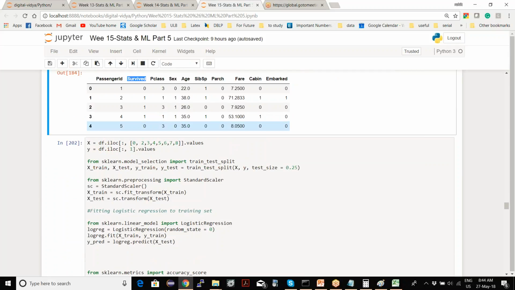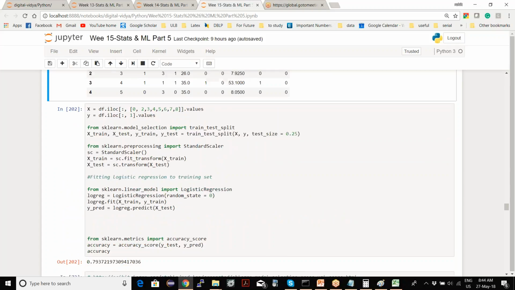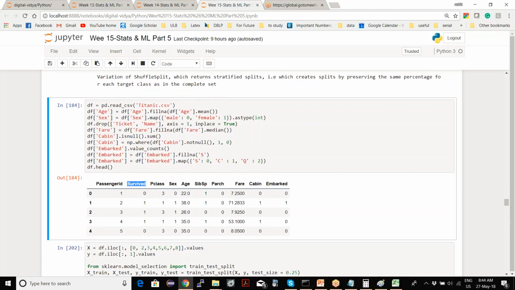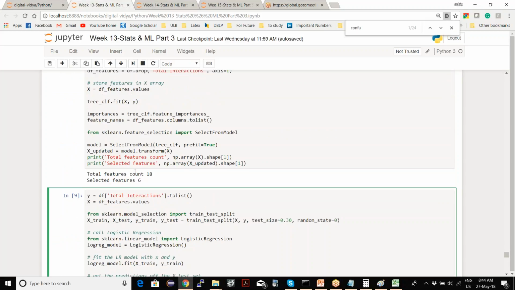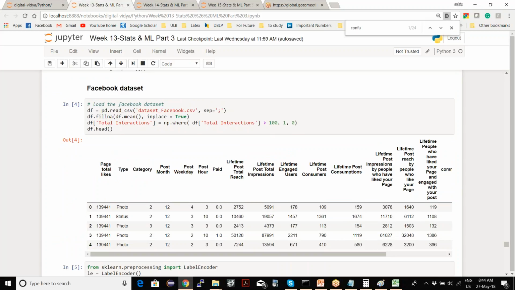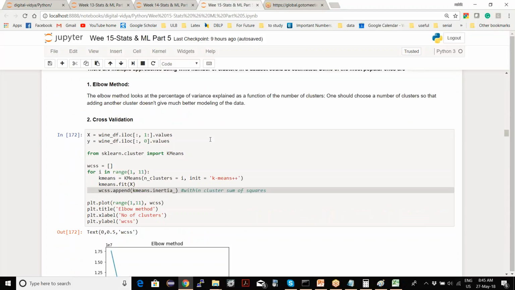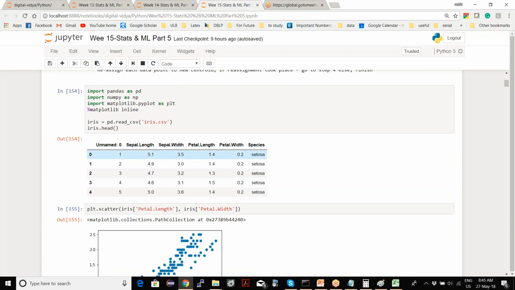So let's see some examples. How is the number of classes identified? It's supervised learning, so you will have the number of classes in your train data. Here it's only two because it's 0 and 1. In the iris dataset, the number of classes was 3. So you know the number of classes based on the unique values of the target.